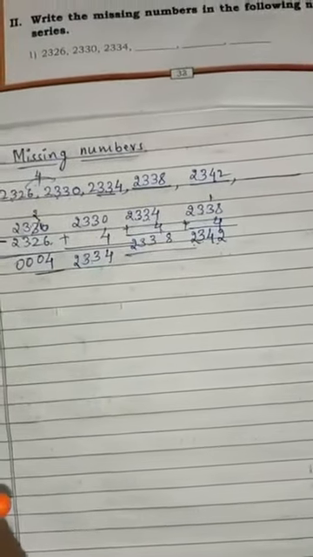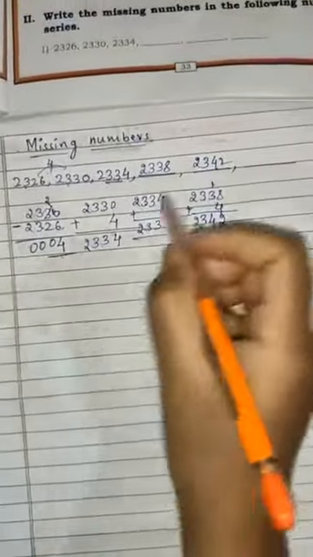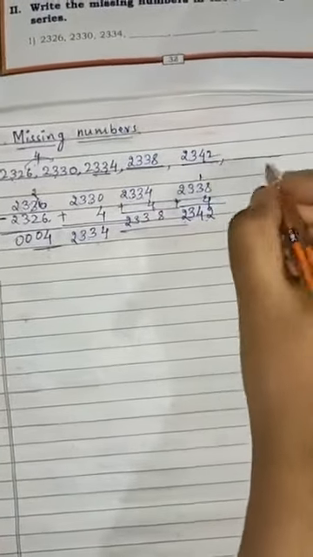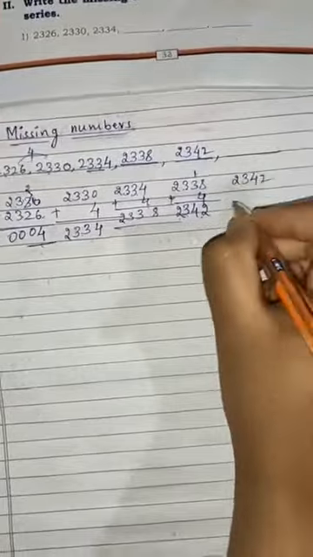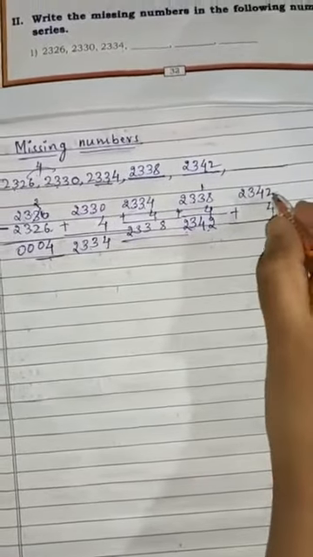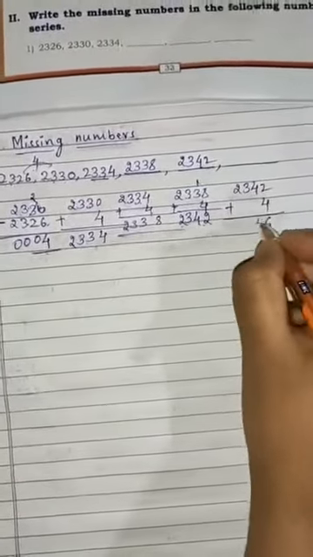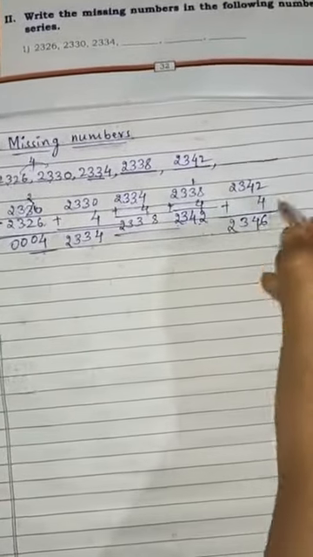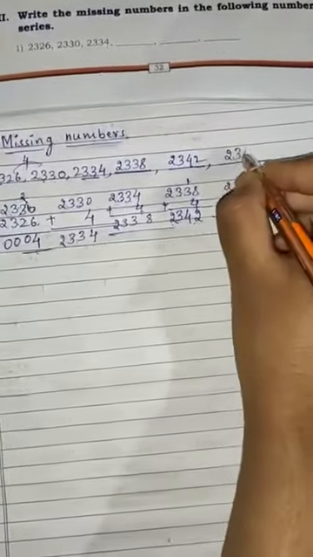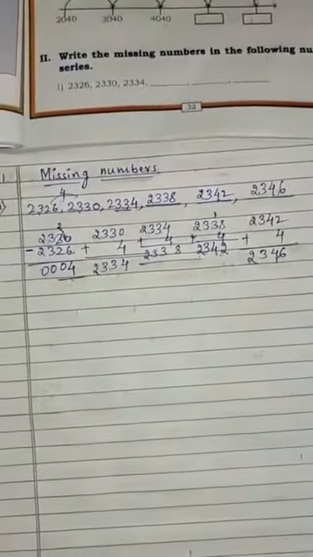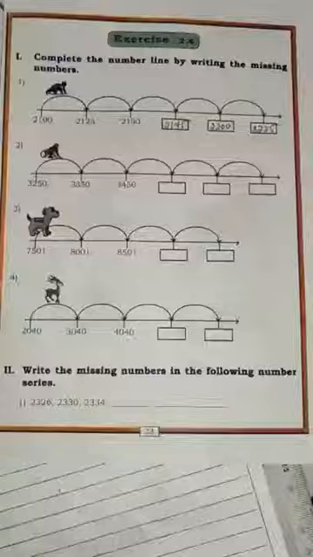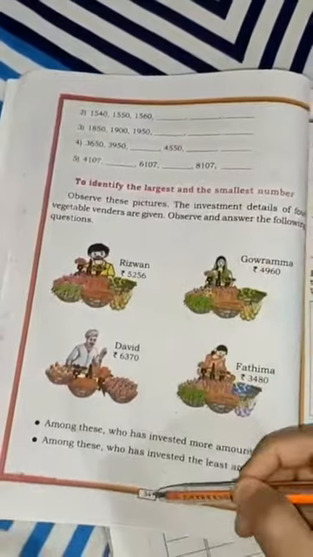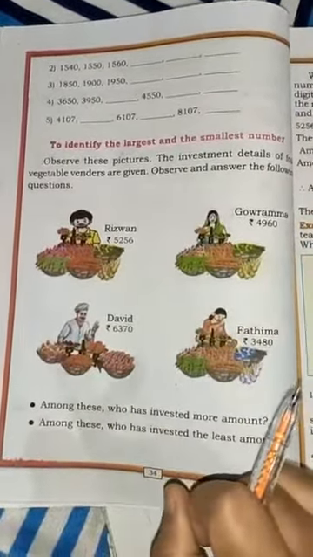Tell me. Yes, I have to add this 4 to the number which we got, right? 2342 plus 4. 2 plus 4 is 6. 4 is 4 as it is. The 3 will come down. The 2 will come as it is. So 2346. 2346. Understood, children? Okay. So in the same way, you have to try to solve all these problems which are there on page number 34. Okay. Hope you understood all these concepts very well, children. Okay.